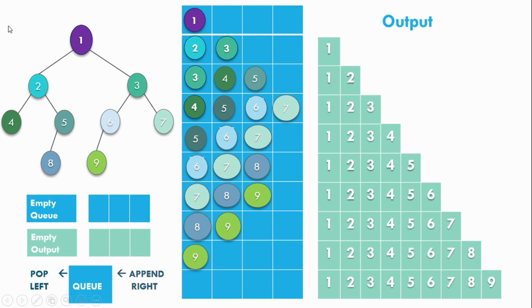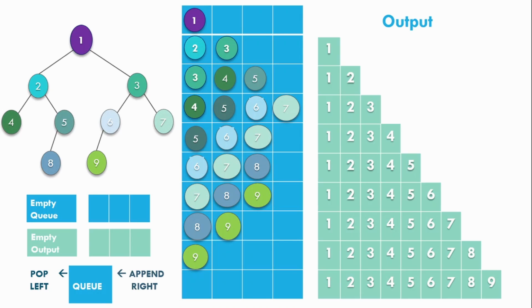We have a tree with 9 elements. Root has the value 1. It has references to left child, that is 2, and right child 3. 2 has 2 children, 4 and 5. 3 has 2 children, 6 and 7. 5 has 1 child, 8. 6 has 1 child, 9. 4 and 7 do not have any children.